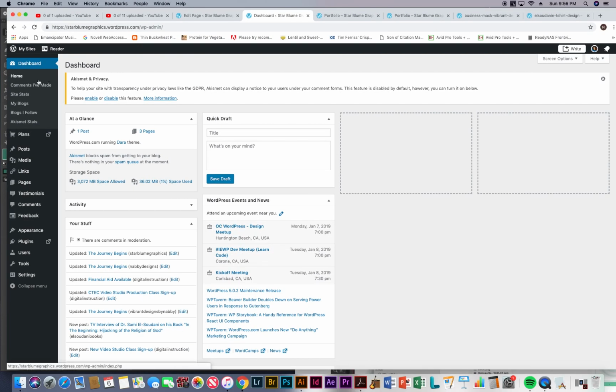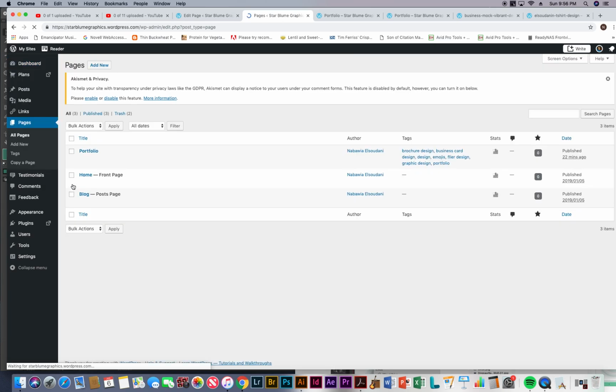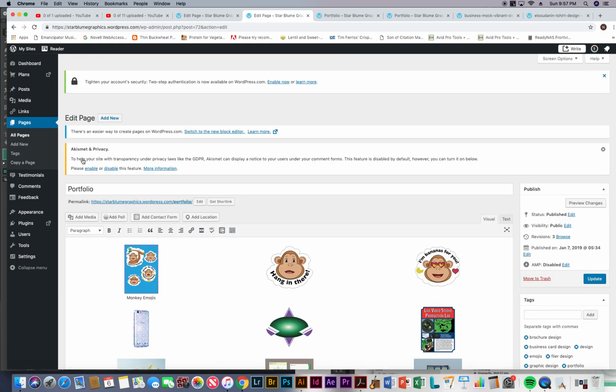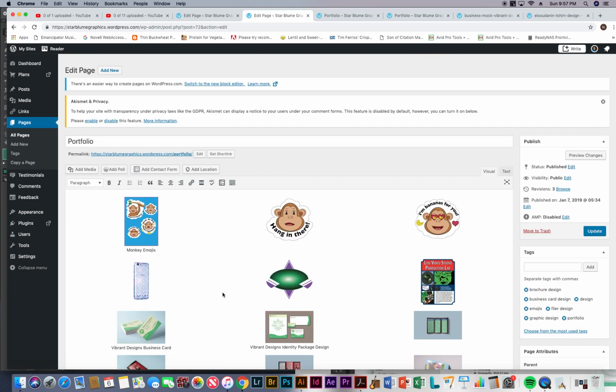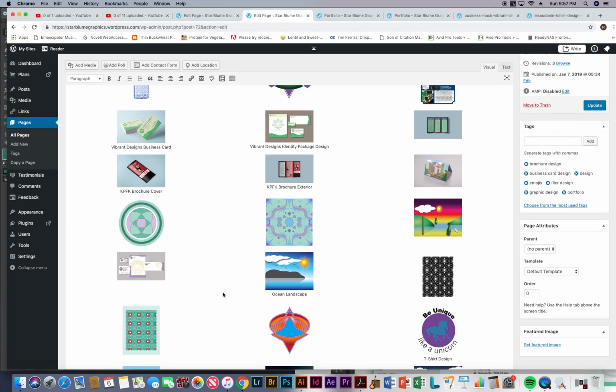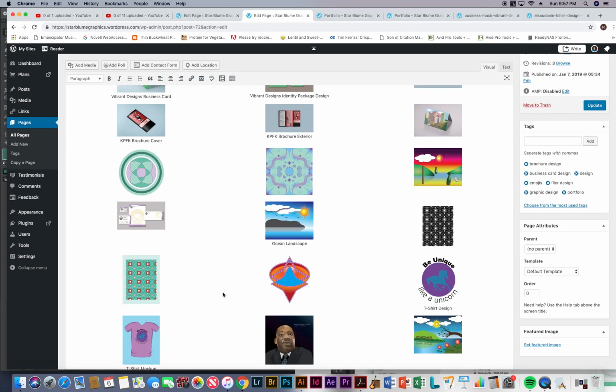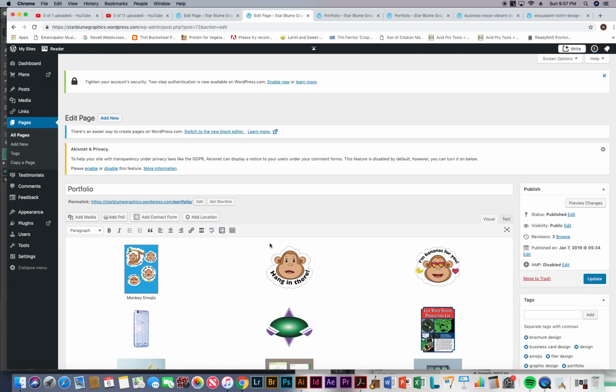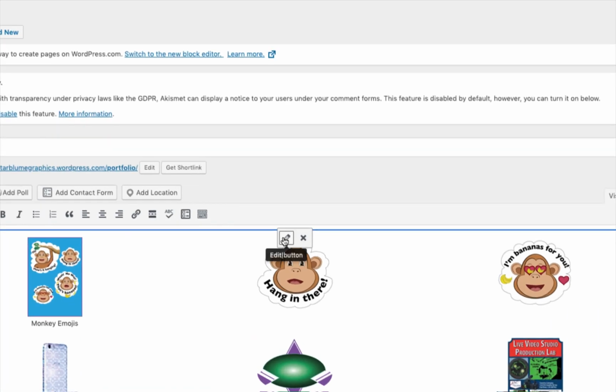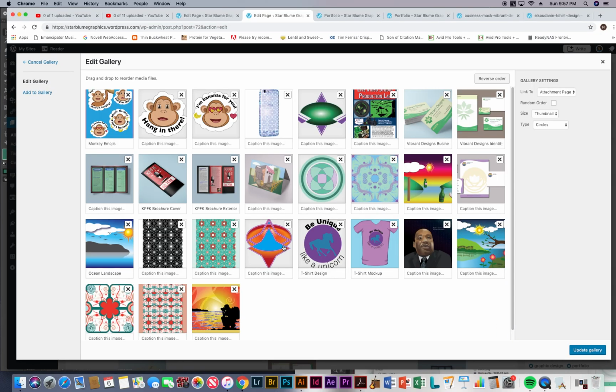Now I'm in the dashboard, and then if I go to pages, all pages, then I go to portfolio, edit, and then if I click on my gallery, then I can go to the edit button to edit the gallery from here,